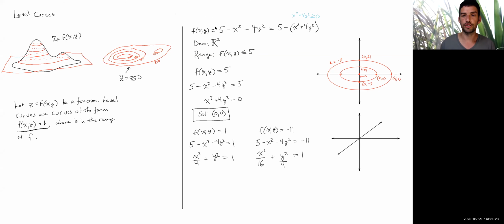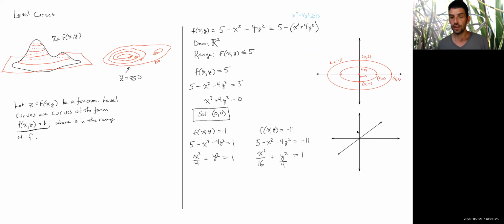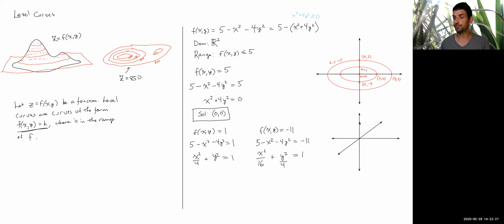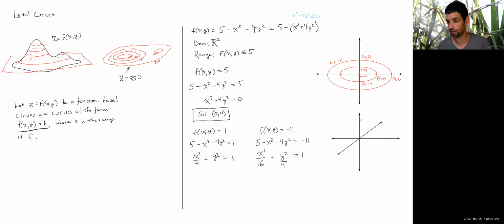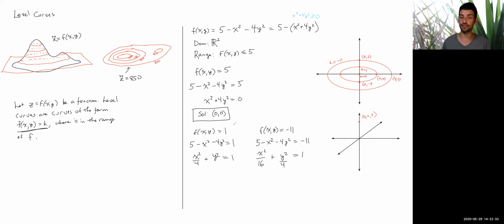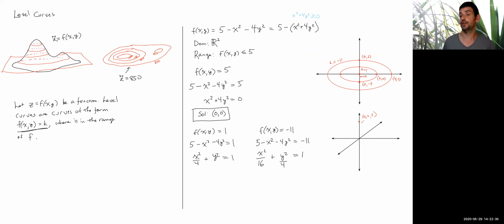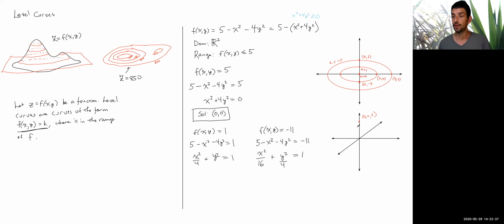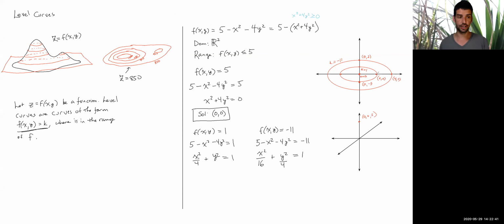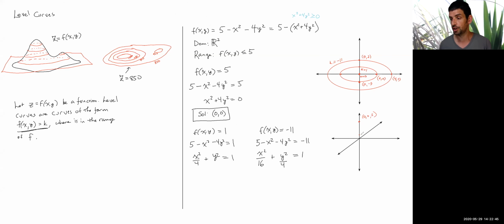Okay, so let's draw this with red maybe. So for instance, when z equals 5, we get the point 0, 0, 5, right? Because that was the output equaling 5. So we're at that level. When we move down to the k equals 1 curve, that's equivalent to the output being 1, we have this graph that's,